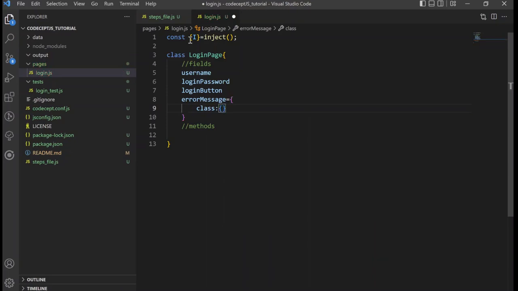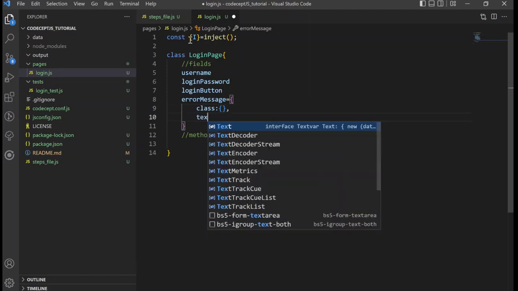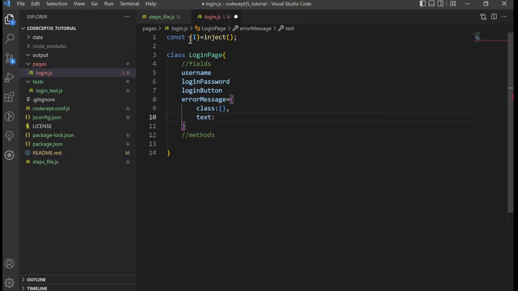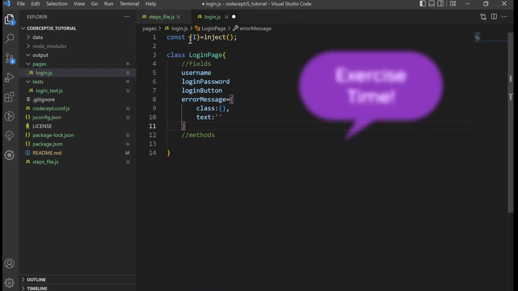Now I'm going to leave it empty, and a text. That's going to be our text which we're going to later assert. So pause the video and try to copy and paste these fields from the web page.